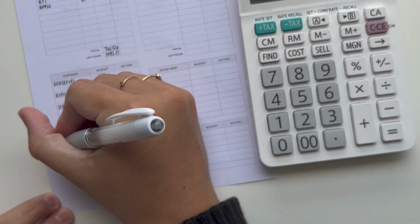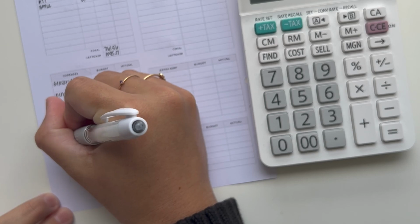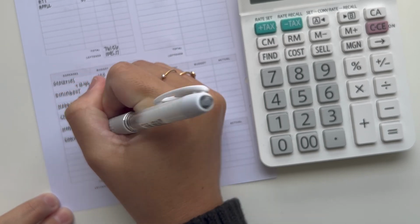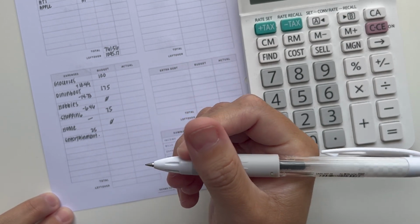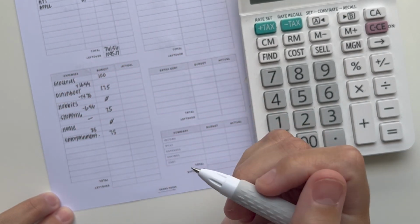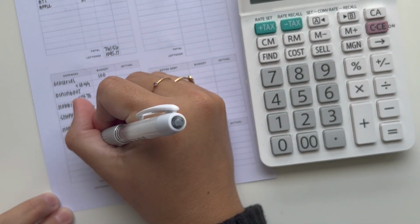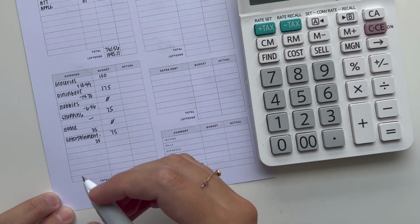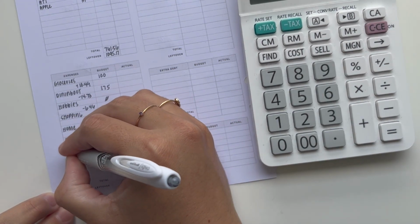All right, next we have entertainment. And I'm budgeting $75 from this paycheck. Last paycheck I budgeted $25 and did not spend any money, so I'll just put the $25 there. And then